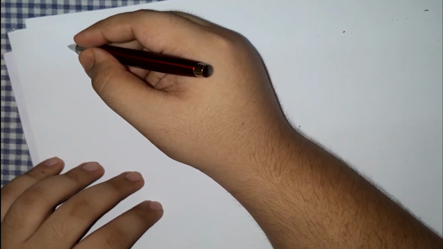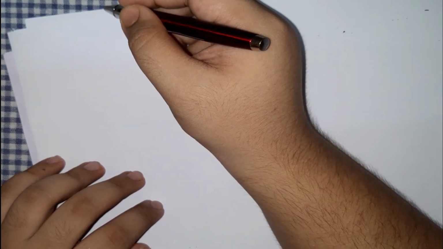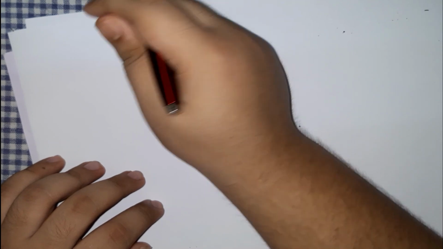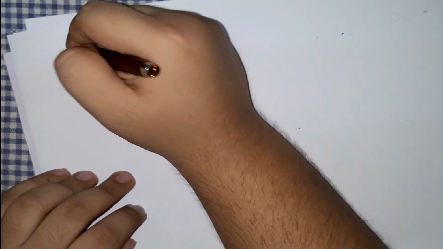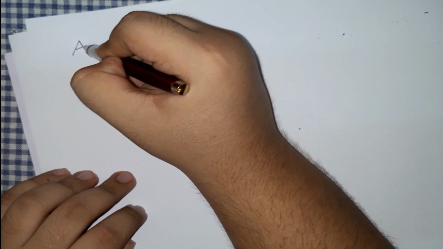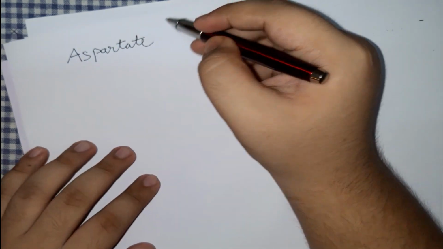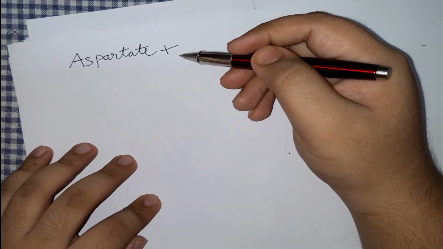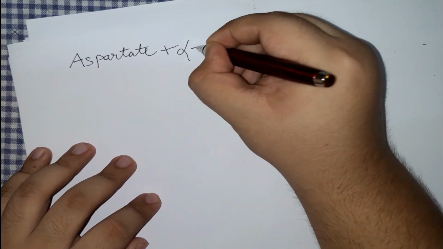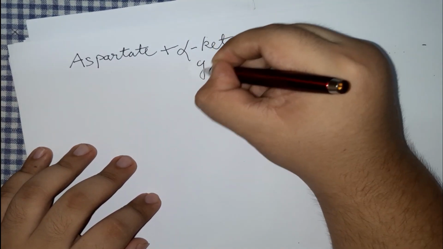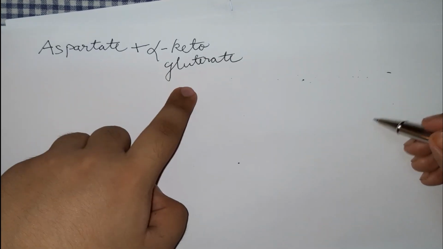Now, let's take another very important example very quickly. We talked about the amino acid alanine. Now, suppose we take the example of a different amino acid, aspartate. When aspartate reacts with, what would it react with? What did I say was the obligatory, compulsory alpha keto acid? Yes, alpha ketoglutarate. Aspartate plus alpha ketoglutarate